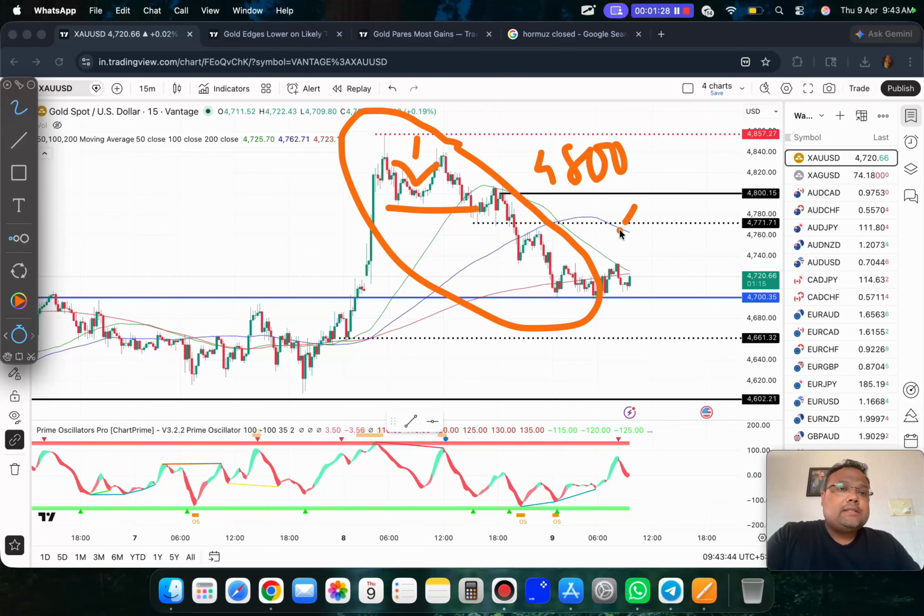We also discussed buying around 4760, 4750 yesterday, but when the time came, I saw the market just bounced for a few minutes, and after that the market broke. That's why I always tell you guys that confirmation is always important. Only buy when the market shows price rejection from above, and that's why I repeatedly tell you guys that